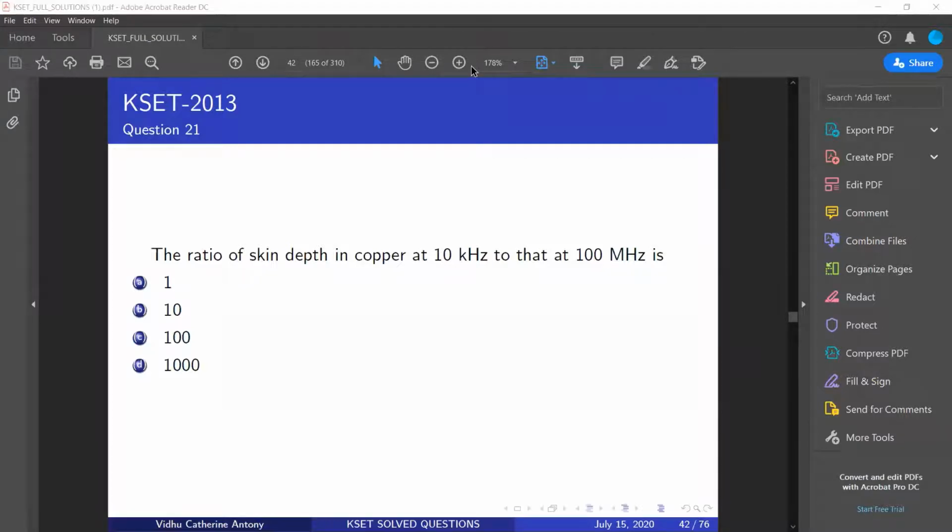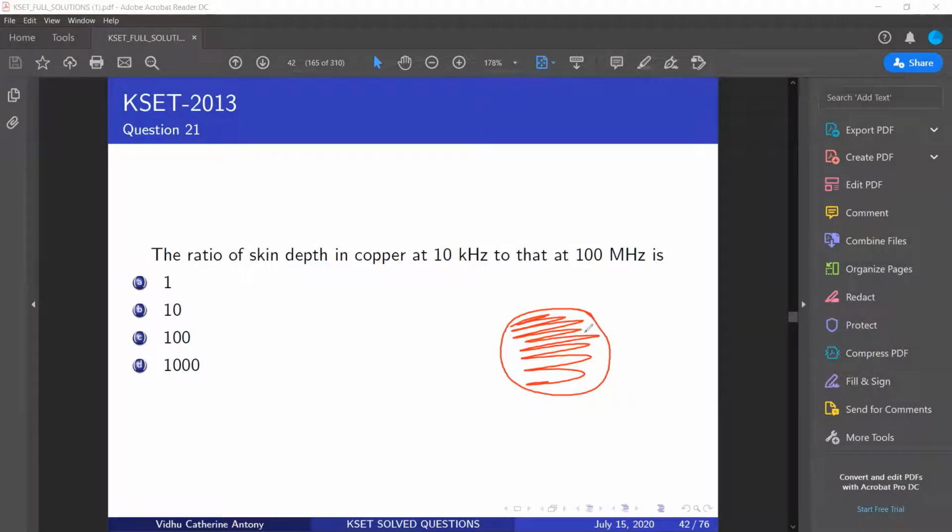Okay, so the ratio of the skin depth in copper at 10 kilohertz to that at 100 megahertz is... Okay, so let's look at what skin depth actually means. If you have a conductor, there's going to be material all around it. The conductor is not hollow inside, right? When you have a copper wire,